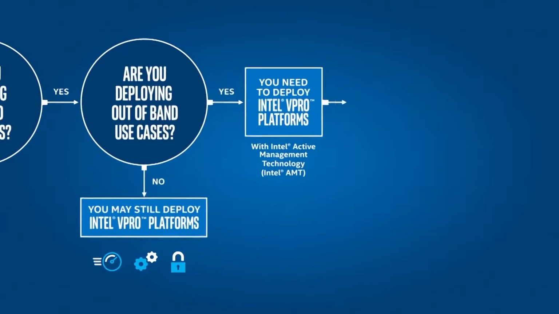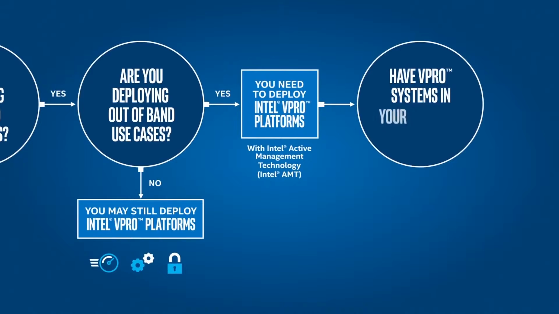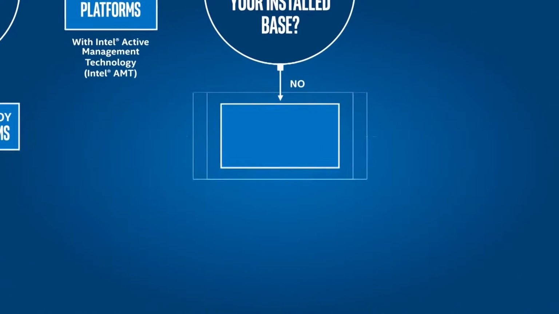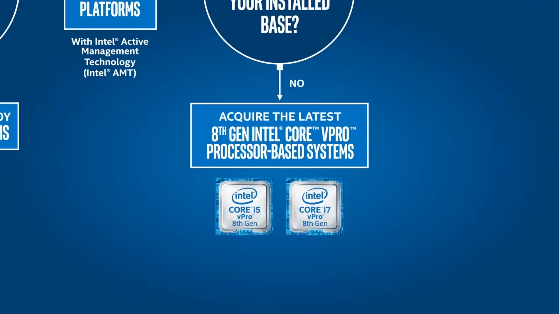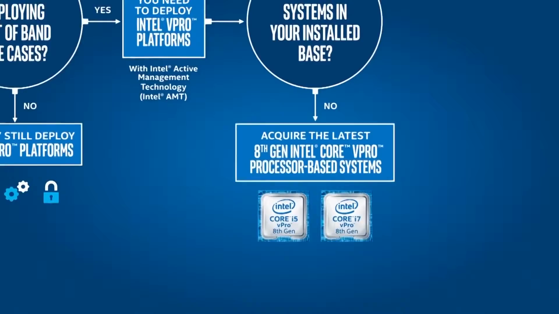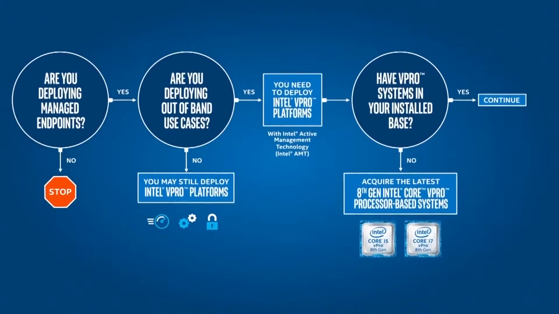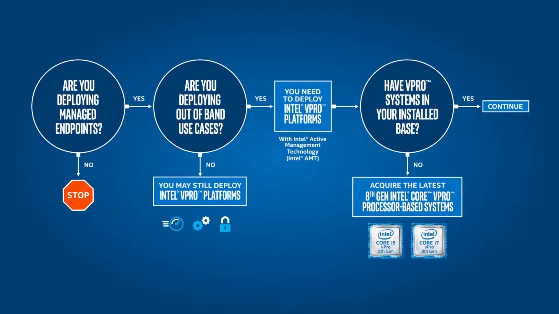The next question in this decision guide is, do you have vPro systems in your installed base? If you do not, Intel recommends deploying the latest 8th Gen Intel Core vPro processor-based systems. You will find, though, that Intel AMT capabilities have been largely consistent across generations of the vPro platform, and you should be able to activate and manage vPro systems using a consistent set of tools and technologies as described in